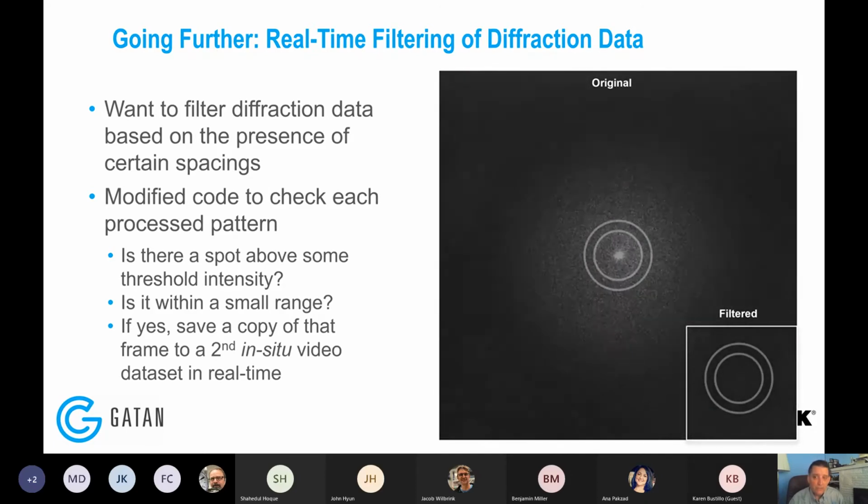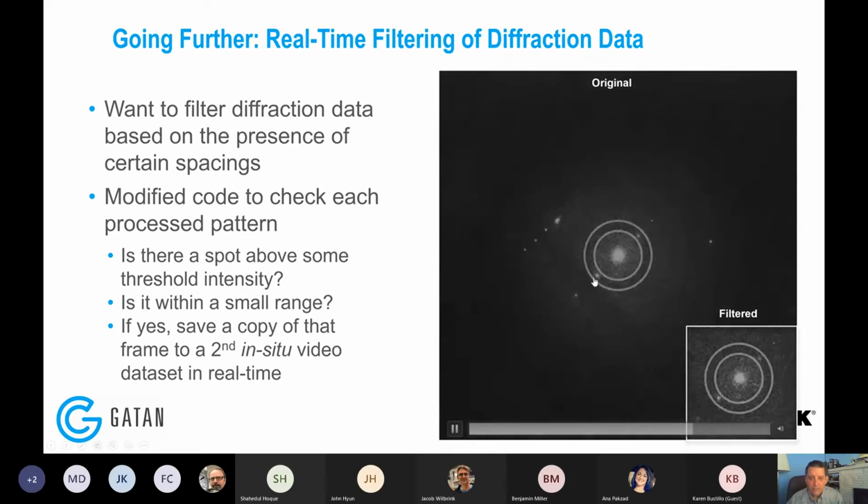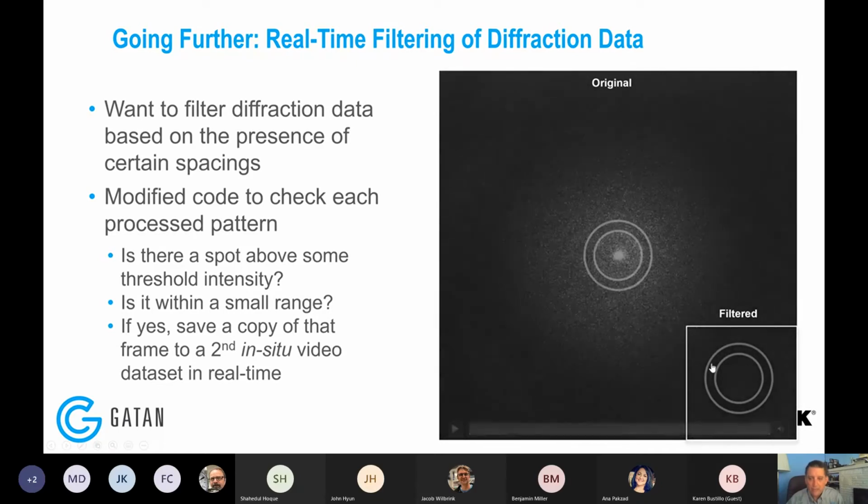You can imagine other things. This is a clever experiment Ben did. If we collect this diffraction data, but we're only interested in a particular spacing, so we only care about reflections that appear in this annulus, we can actually filter that. We can say, anything that has a dot above some critical intensity, I'm going to record that image. And the rest of them I don't care about because they don't have what I'm interested in. So with that, if I play this again, you can see